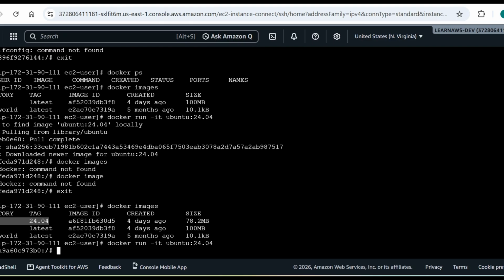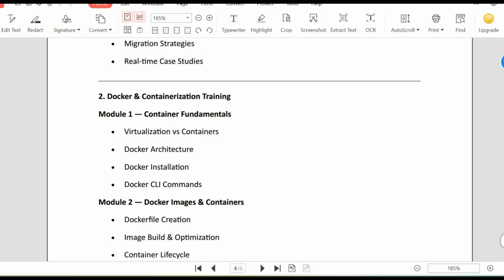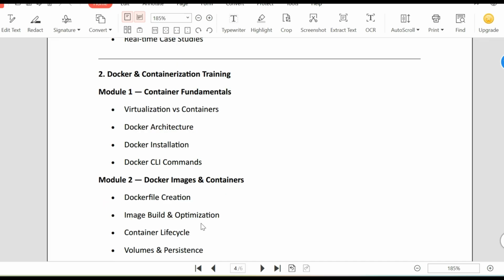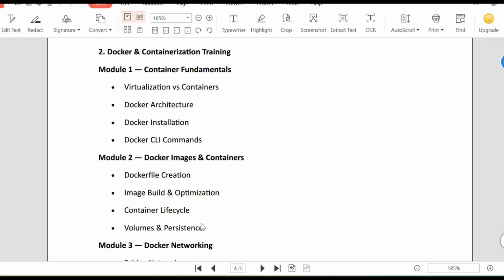Anyway, we'll continue with how to pull, how to do packaging, how to create a Dockerfile. All those aspects we will get to understand tomorrow. We'll get a complete understanding of the Docker CLI commands, as well as the advanced mode of how to create a Dockerfile image and then manage and maintain the life cycle of the container. So we have just discussed only the first three portions of module one